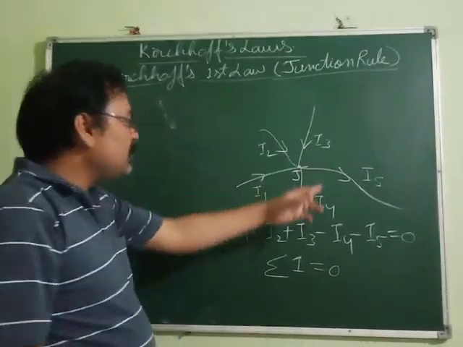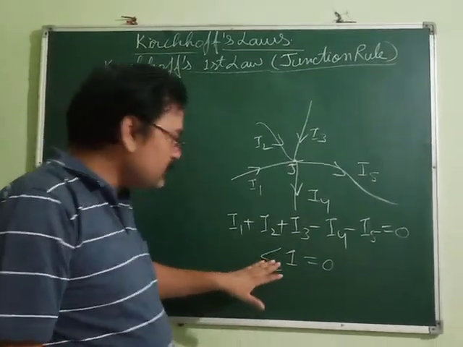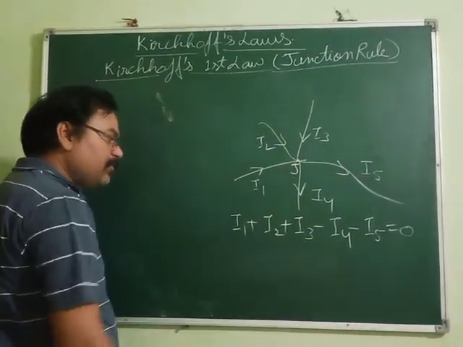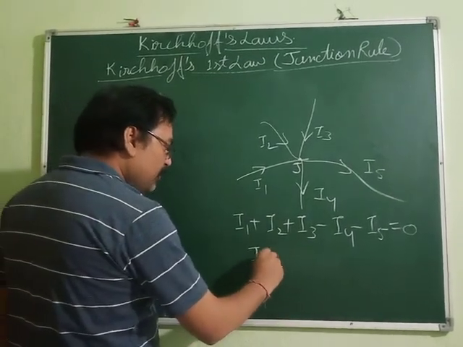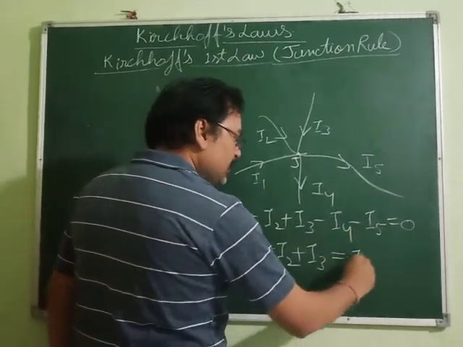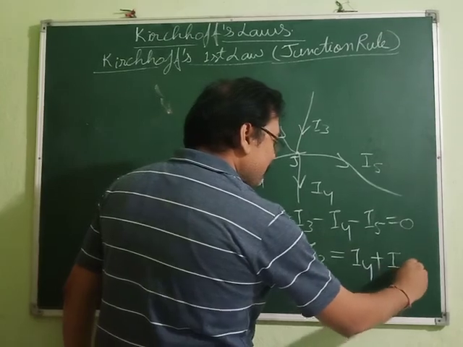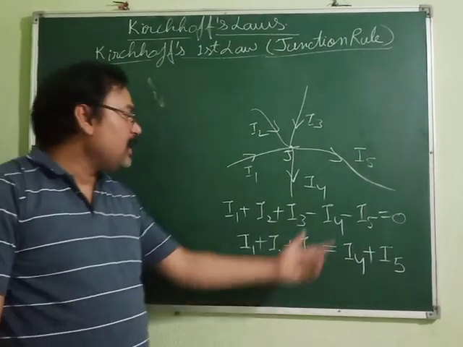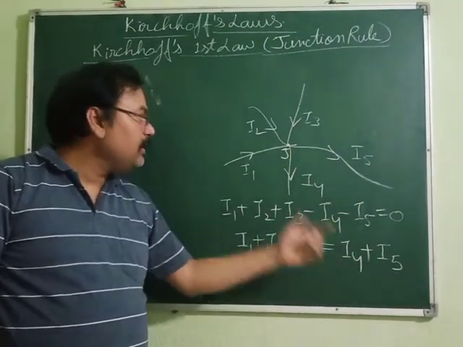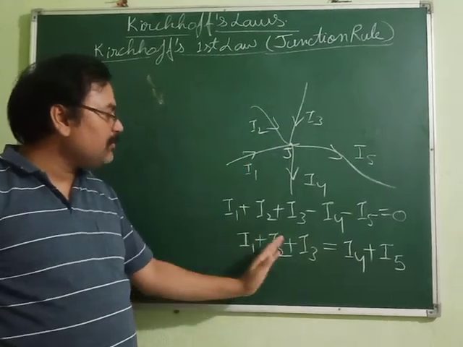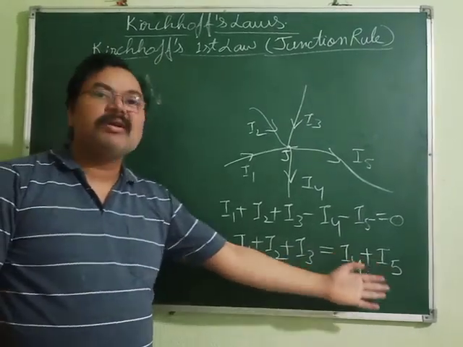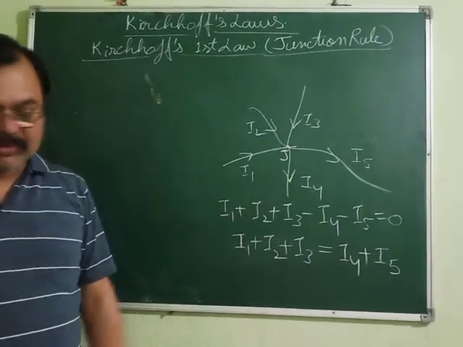Now see how it has come. You can draw this and write this. Don't write this last one, because we are going to get something out of this. We can keep here I1 plus I2 plus I3. We can take these two things to that side. What will we get? I4 plus I5. This I4 plus I5 is the total net current moving away from the junction. And this I1, I2, I3 sum is the total current approaching the junction. What you find is the total current approaching the junction is equal to the total current leaving the junction. Please do this much first.